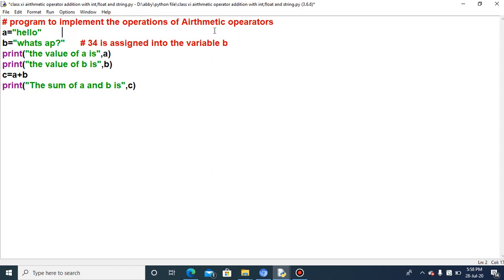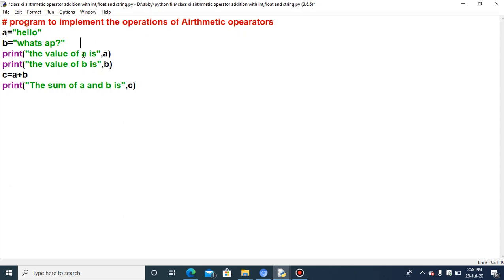So this is the non-executable line. You can see this line is not executing. If I delete it, or if I do not mention it, then also there is no effect on your program output. See, I have deleted it, then also your program will execute, because the executable line is here. The red one, whenever I have used the hash tag symbol, that means the following line is a comment line.